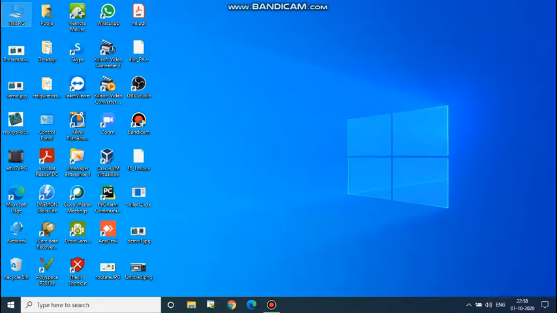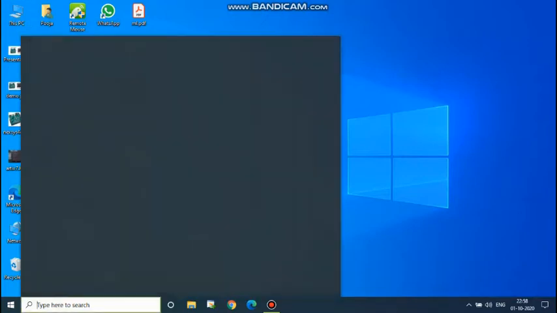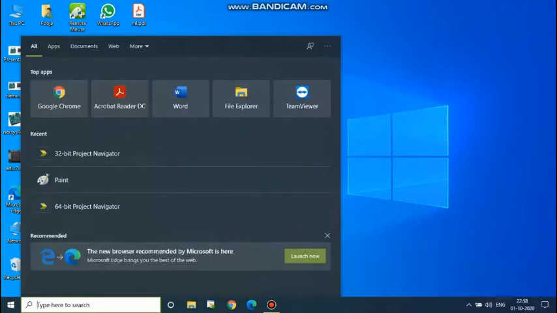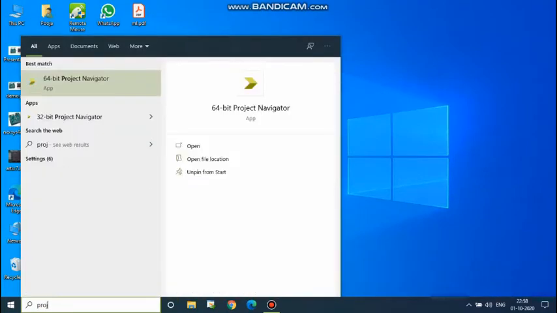Now if you have installed the software, you have to search for it in your PC as Project Navigator. There are two versions, 64-bit and 32-bit. You can choose either one depending upon your system compatibility.